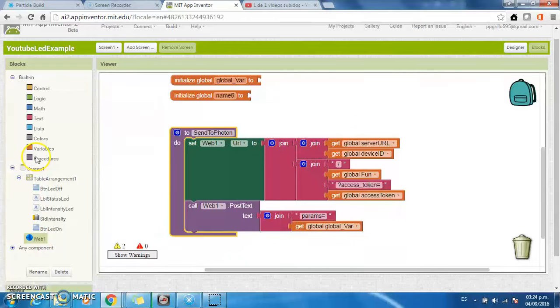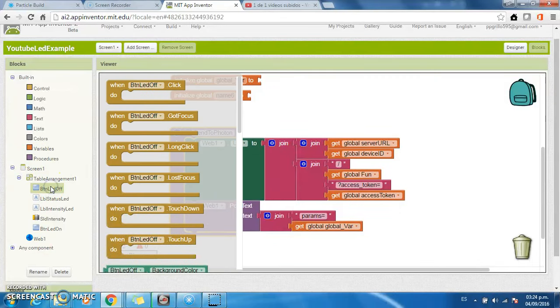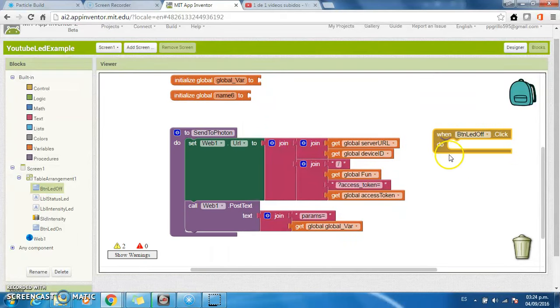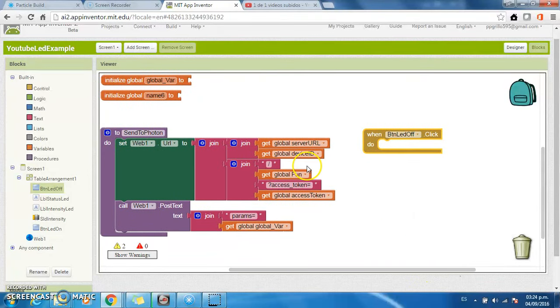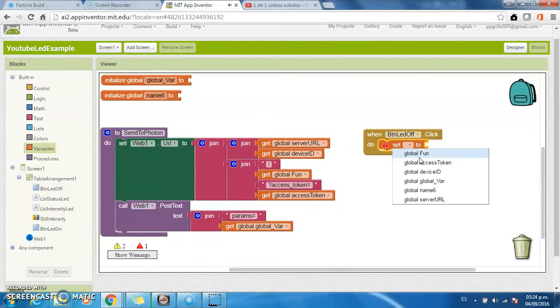Now that we have this, we can start programming all the buttons. We can select different actions for this, but I'm going to select the standard one, which is when button LED off. First of all, I need to set up this global function and this global access token. So in order to do that, I'm going to go to variables, select set global function, and I'm going to put, I don't know,